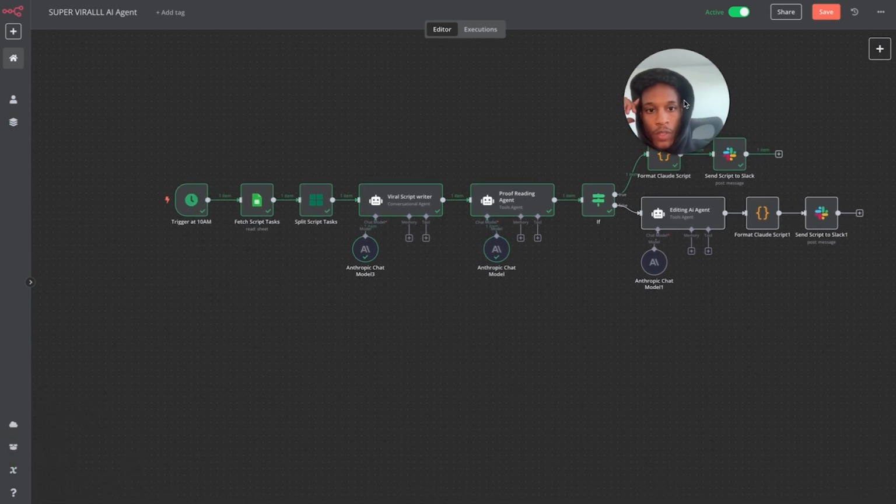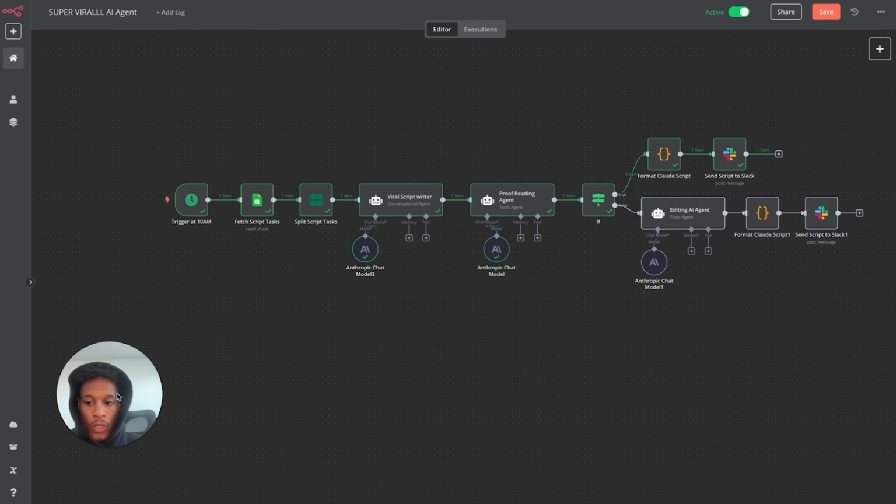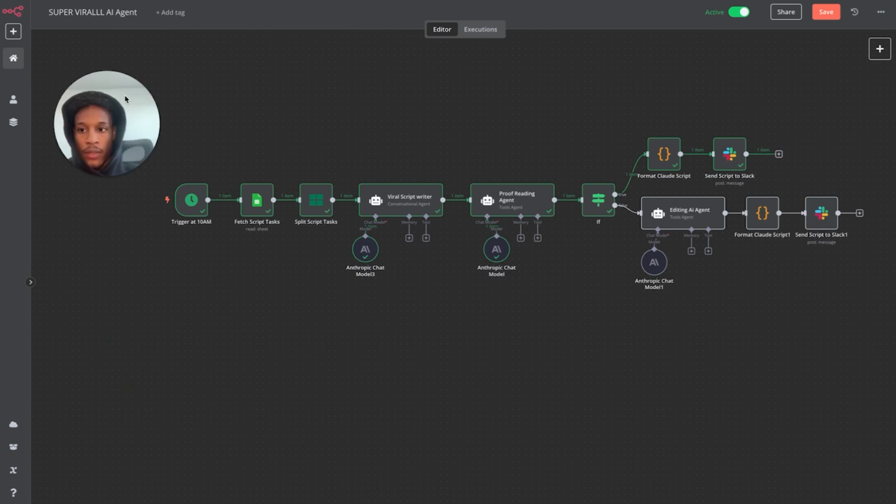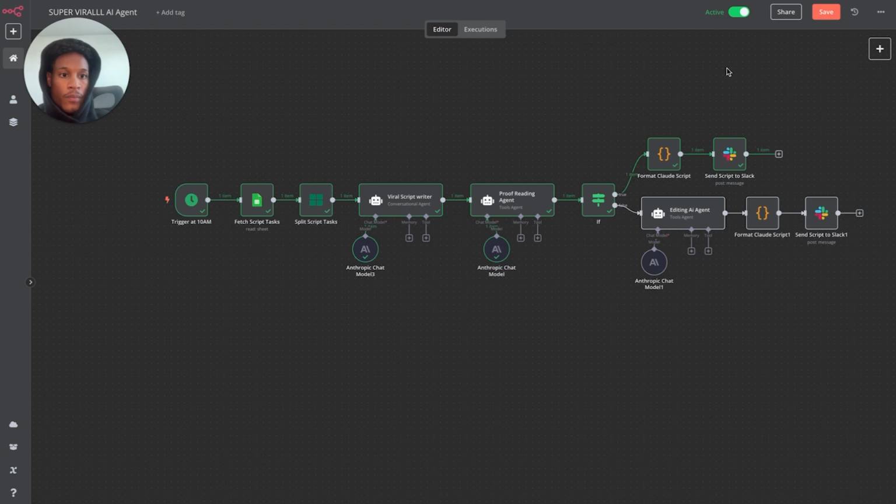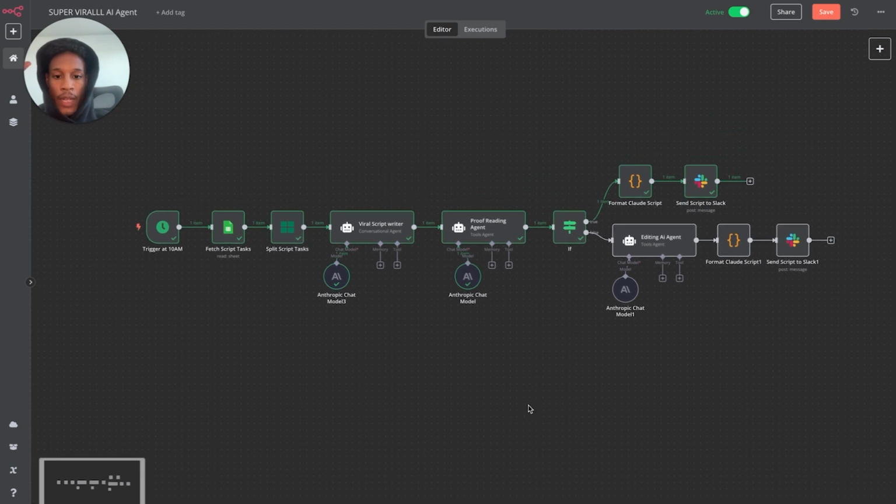So the first thing that we're going to need is, when you set up your N8N account, it'll take you to a digital whiteboard. And I'm not going to get techie on you guys because, as you can probably tell, I'm not super techie. I'm just a normal dude making these in his room. So we're going through